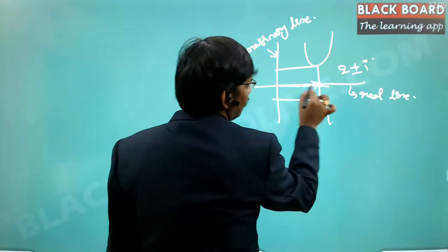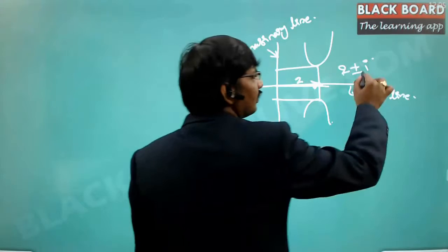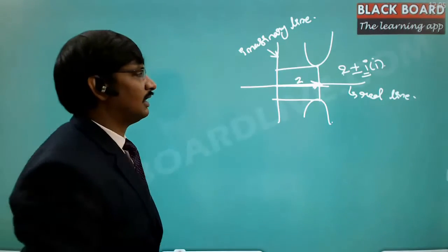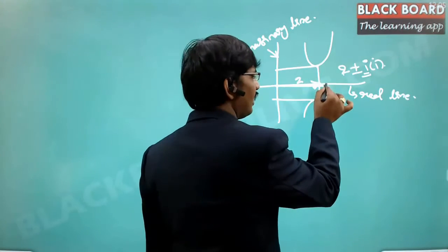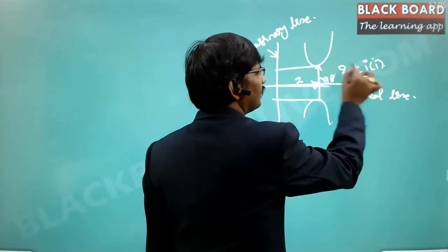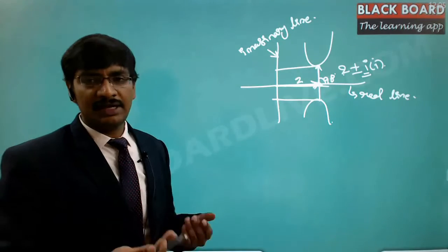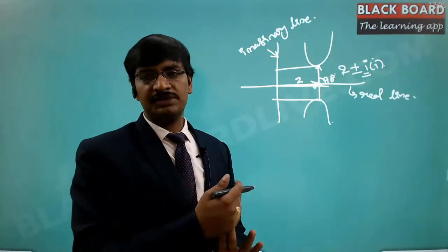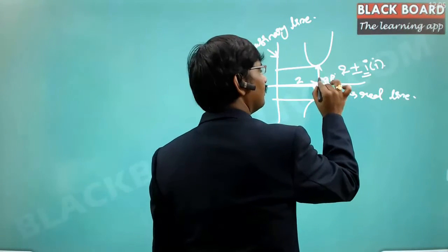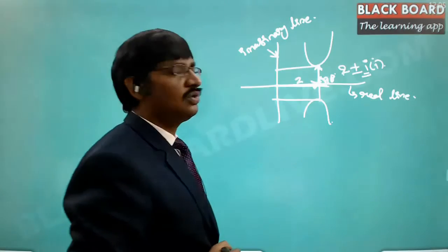On the real line, go for a length of 2. So this is 2 units. Then on the imaginary line there is a product of 1 here. That means you take a turn in the anti-clockwise direction by 90 degrees and then travel for a length of 1 unit. So this is 1, and i means only the direction: rotate in the anti-clockwise direction by 90 degrees. As you are going in this direction, rotate anti-clockwise by 90 degrees and then travel for unit length. There you will find the solution.